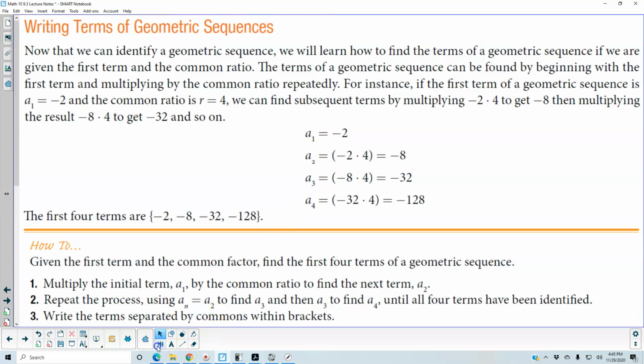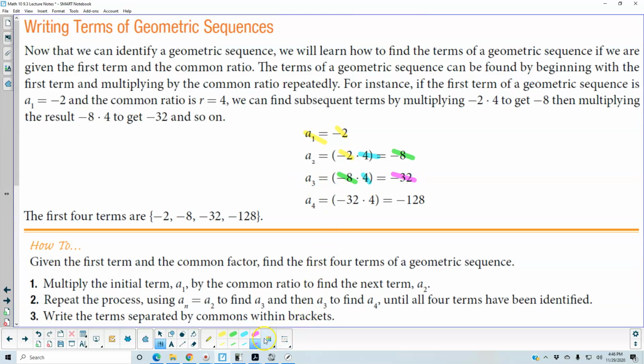So in this case here, we can look at the first term. The first term is -2. So we're going to take -2 and then multiply it by the common ratio, which is 4, to get -8. And then we're going to take -8 and now multiply it by the common ratio to get -32,